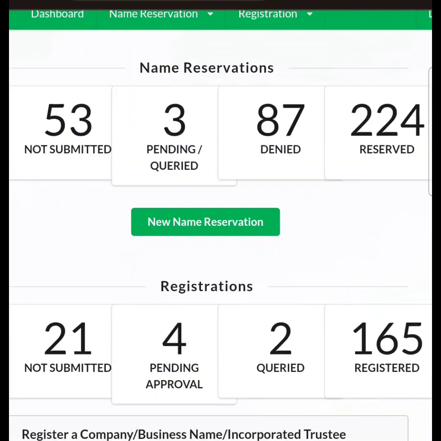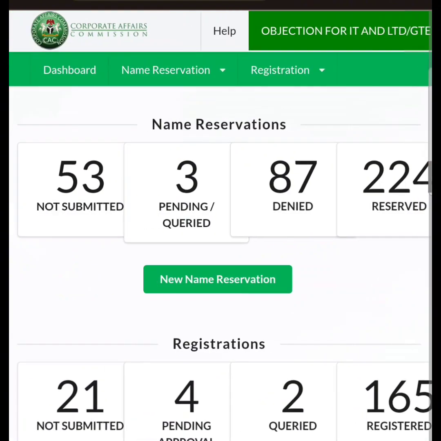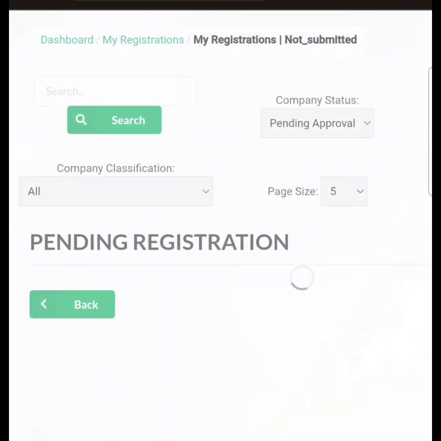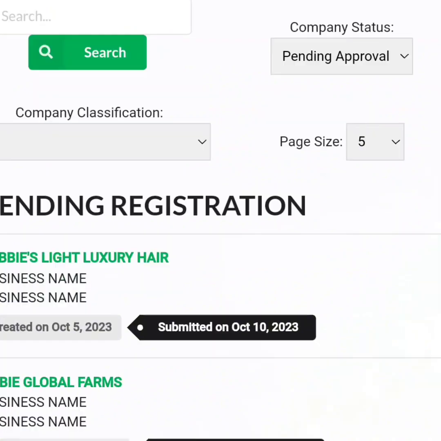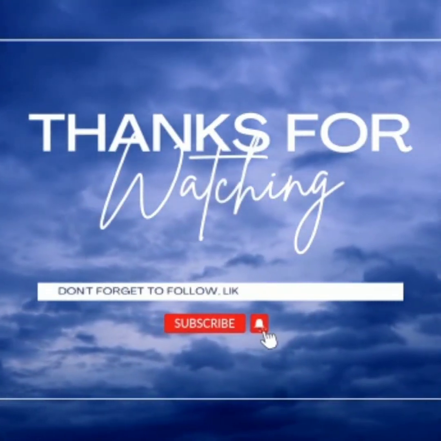So this is where our work was before we submitted it. Now that we have submitted it, it will be in this place, pending approval. Now this is the second pending approval. The first one was pending reservation. Now this is pending approval. So let's check if it's there. Beautiful. So we have it here. Okay, this is it. So we are going to wait for it to get approved,